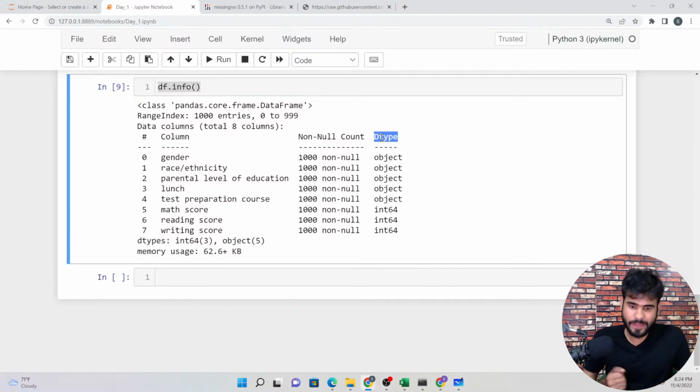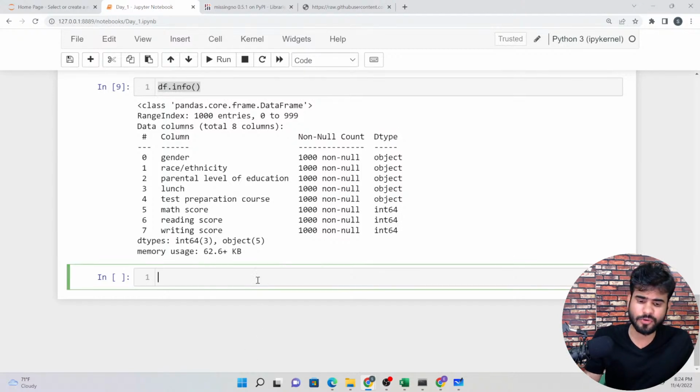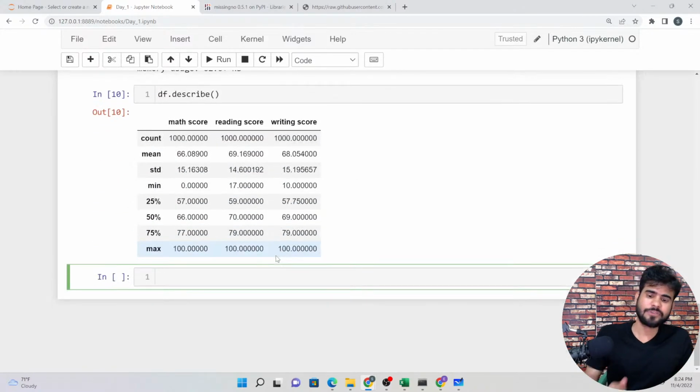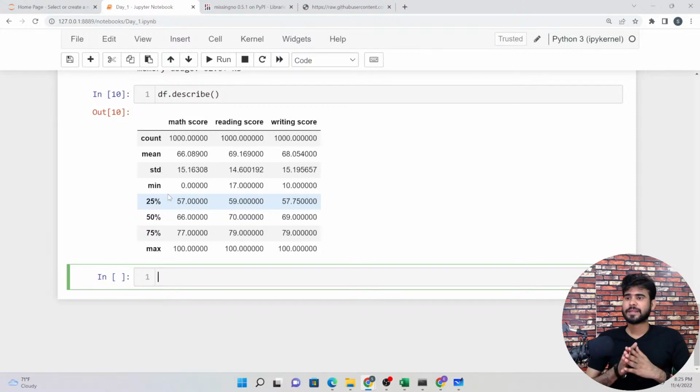Now let's check the description of our data: df dot describe and then run. As you can see in this description, the numerical data that we have are math score, reading score, and writing score.